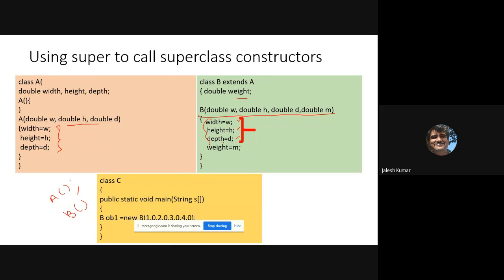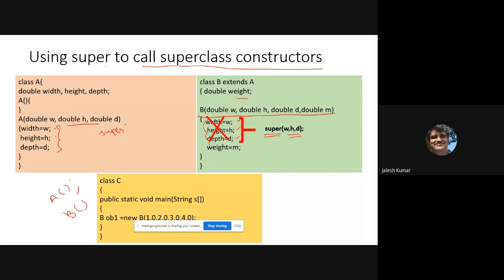Instead of this, you just scratch that and you just write super. Super is written in small letters. Super is a keyword where you are passing these to the constructor. Using super to call the superclass constructor means that W, H, D, which are already initialized in the base class, you pass these parameters.